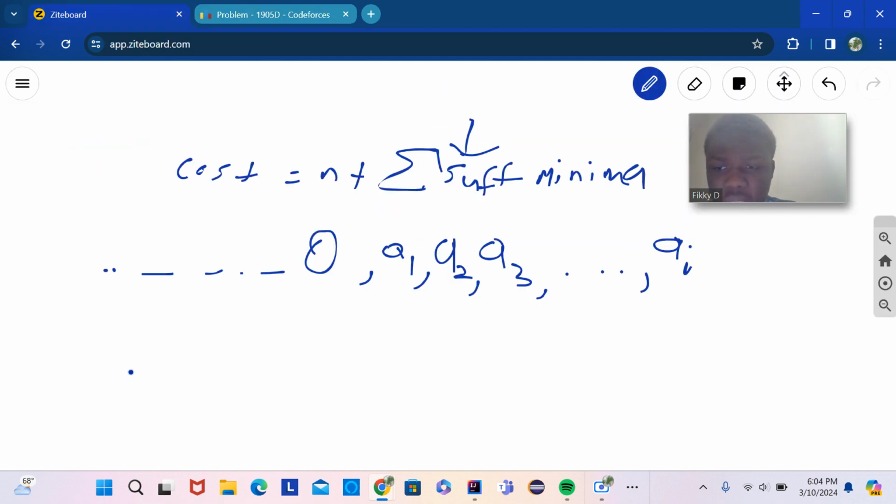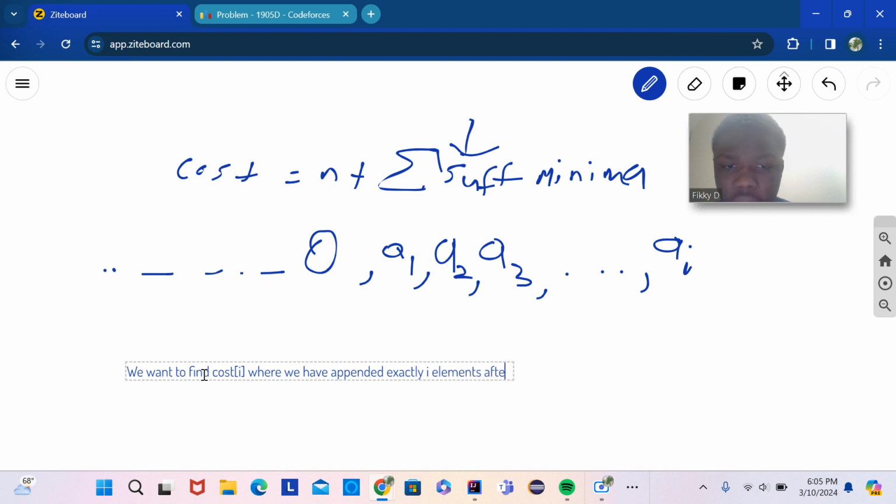So basically, what we're curious about is that we want to find cost I, where we have appended exactly I elements after 0. What this means is that, if you think about it, you can think about a cyclic